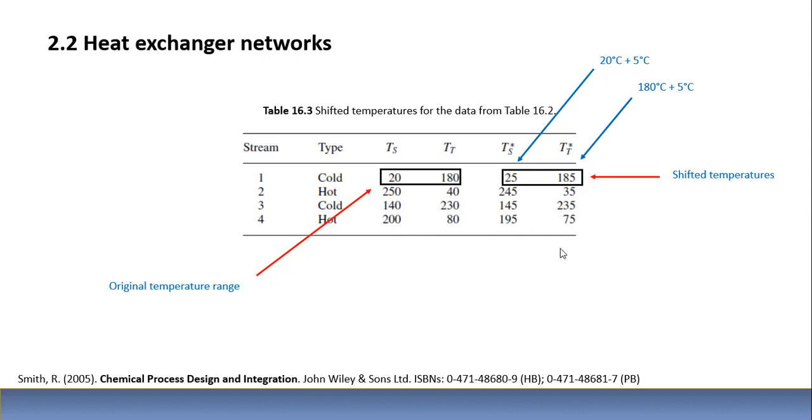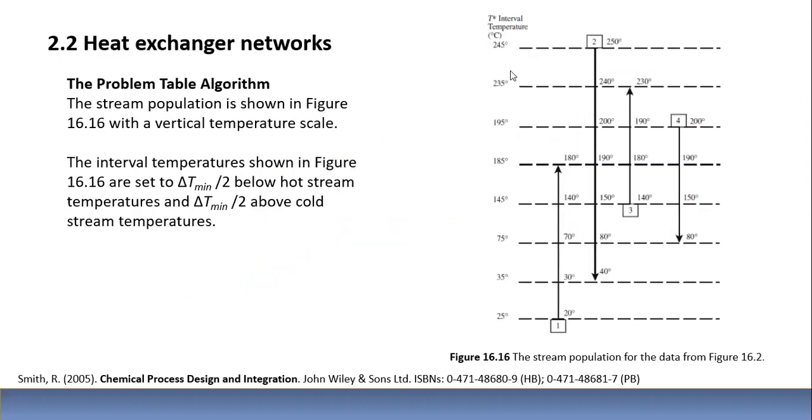That's why you end up with these shifted temperature intervals on the right, in these 2 columns on the right. Based on this, then you do your scale. Remember, this scale is not, well, let's just say, a scale. It obeys no scale. There is no scaling here, because you will see